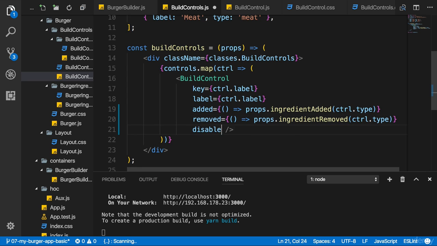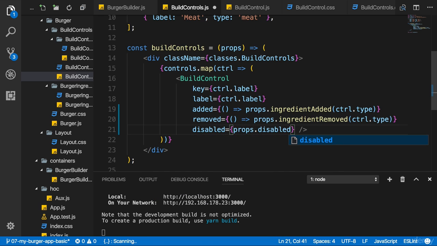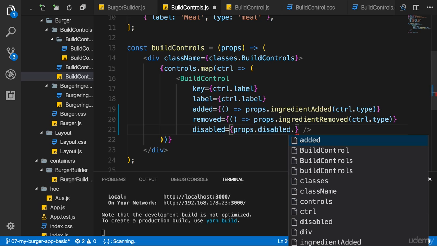So I will set a disabled property there too, and for that I will use the disabled info I'm getting on the disabled prop of build controls, not build control, build controls I'm using in the Burger Builder container.